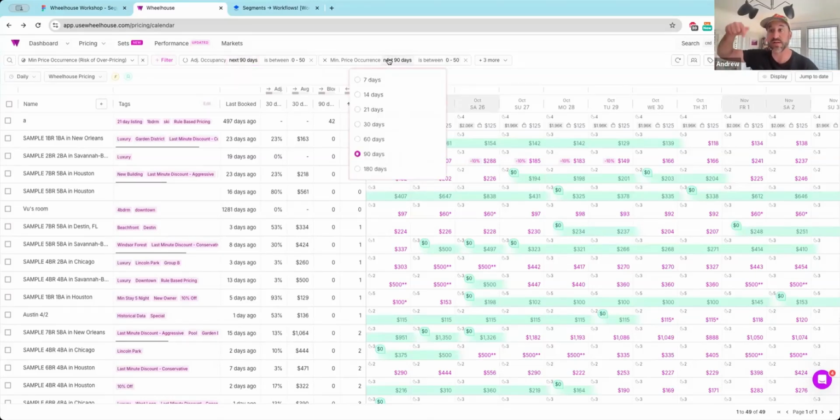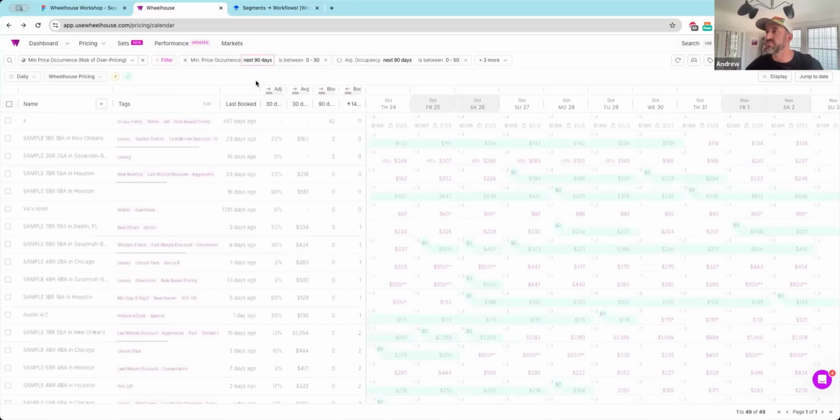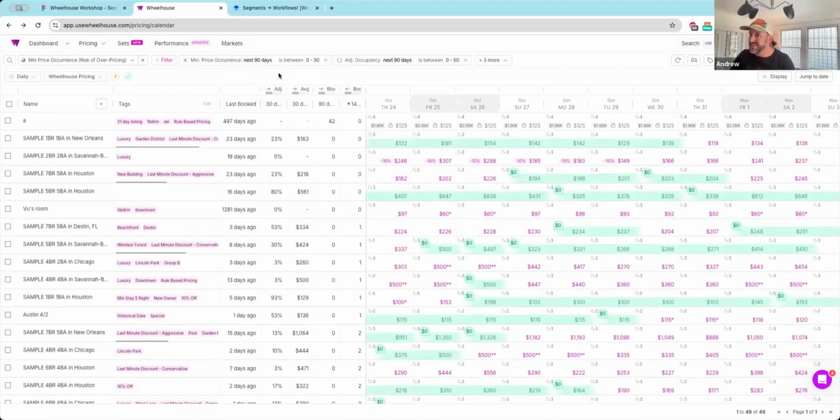So that's where Wheelhouse is saying, hey, we'd be bringing you down more if we could. You got a min price. And sometimes that's your decision to have that min price, and sometimes it's an owner's decision or another teammate's decision. And sometimes you just want to have that quick view of all those properties that don't have occupancy in there. You might be willing to take a lower price right now.